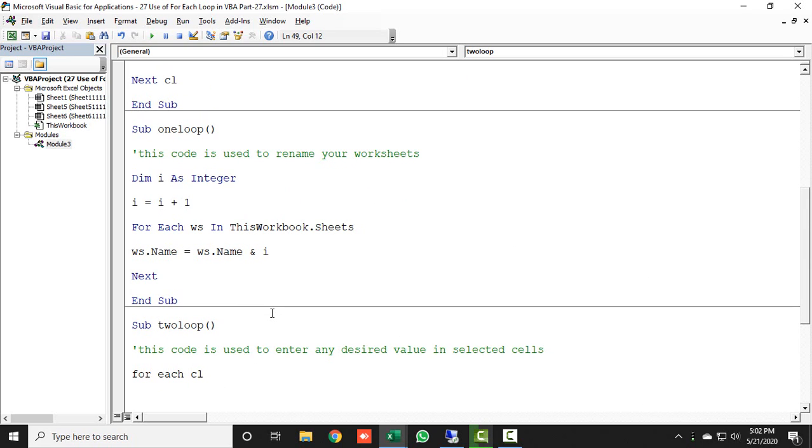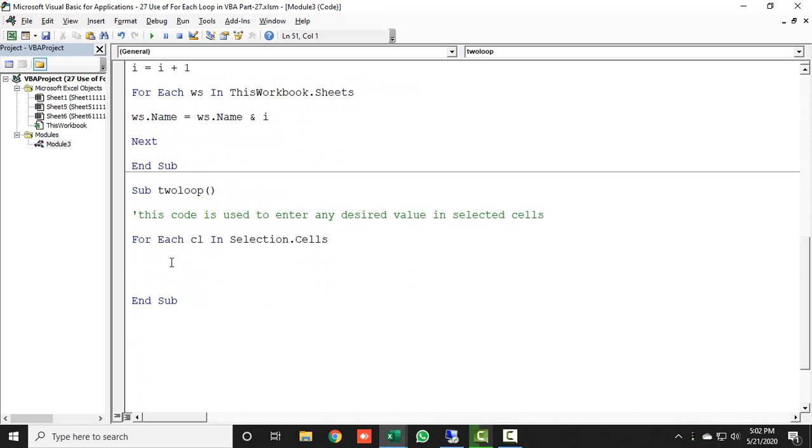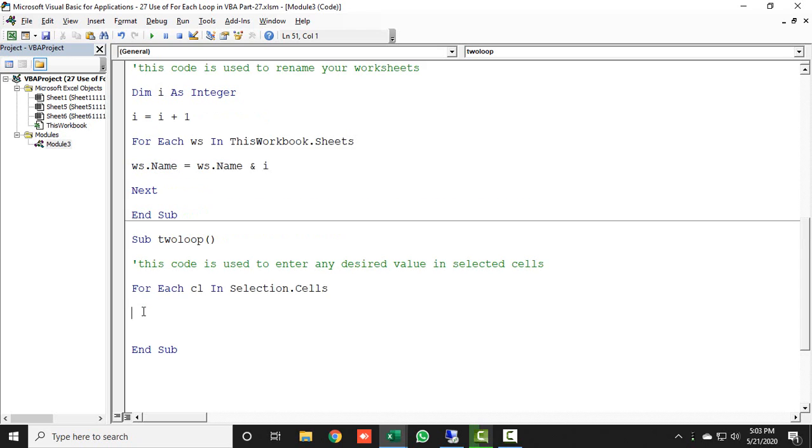Here you can define cells as cl, cl in Selection.Cells. Now I will declare the cl work: cl.Value is equal to whatever text or number you want to fill in your selected cells.